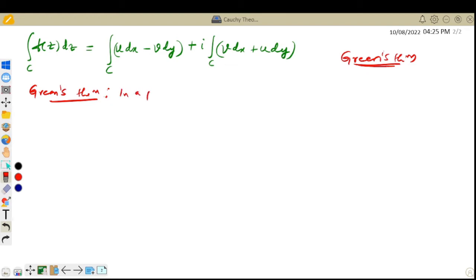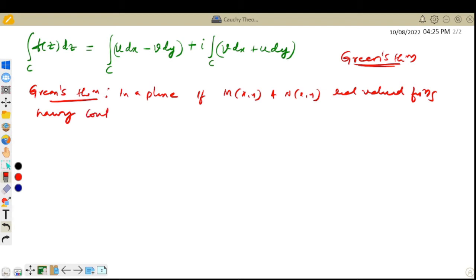If M(x, y) and N(x, y) are real valued functions having continuous first order partial derivatives,